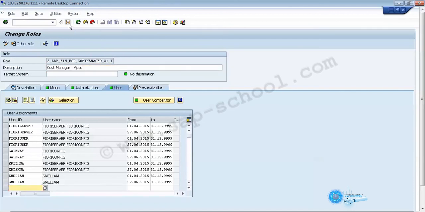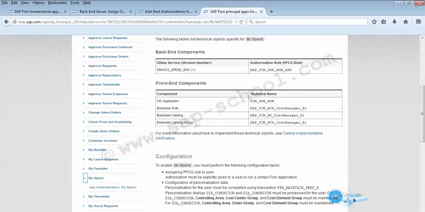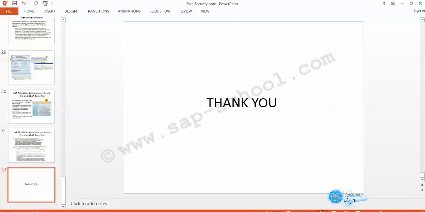So this is basically the end of this session. In this session, we have discussed the different authentication methods, how we create the users, how we do user management, how we manage the authorizations, and how we manage the roles and the users inside each of the touch points of